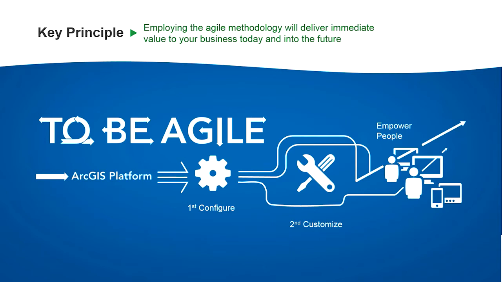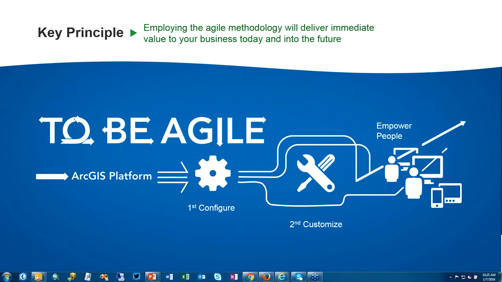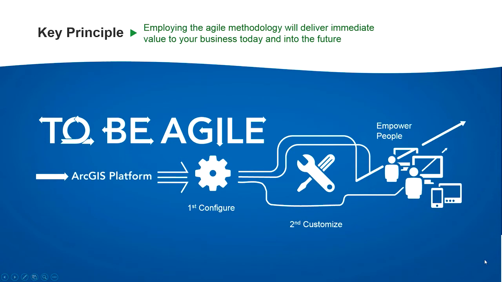And that's utilizing this process of configure first, customize second. Use ready-to-use applications, maps, and data that you have access to, and configure them to support your needs. And only if you cannot support your needs with configuration, then move to customization. Customization has a logistics trail that you may not want to get involved with, and as we deliver more and more solutions, applications, and templates, the ability to configure those for your needs is going to become more and more prevalent.